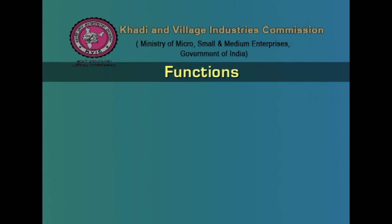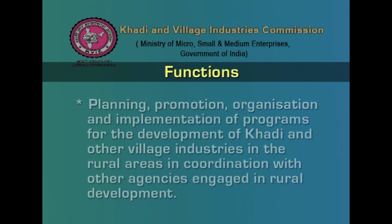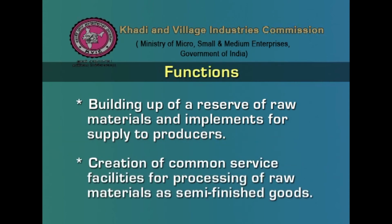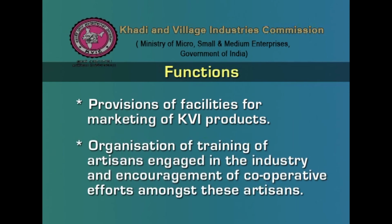The various functions of KVIC include planning, promotion, organization and implementation of programs for the development of khadi and other village industries in the rural areas in coordination with other agencies engaged in rural development. Building up of a reserve of raw materials and implements for supply to producers, creation of common service facilities for processing of raw materials as semi-finished goods, provisions of facilities for marketing of KVIC products, organization of training of artisans engaged in the industry and encouragement of cooperative efforts amongst these artisans,